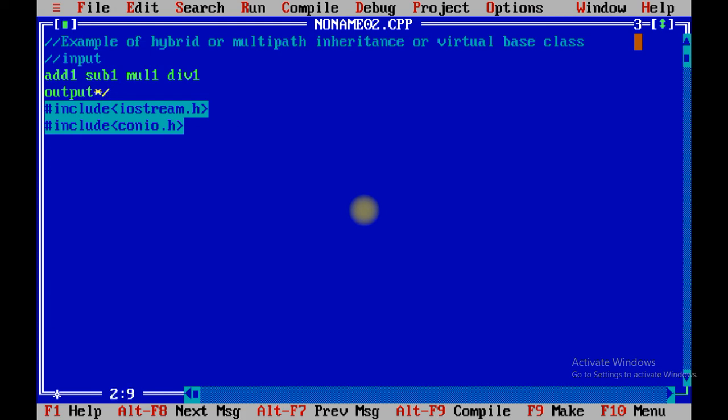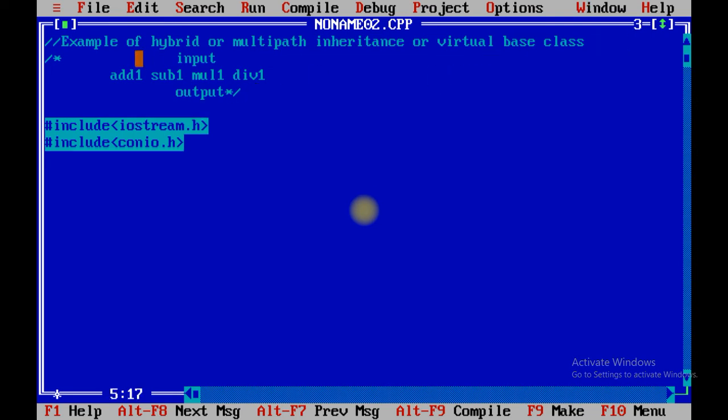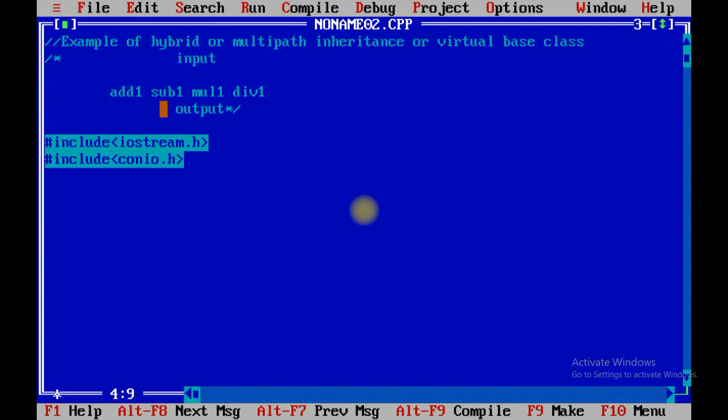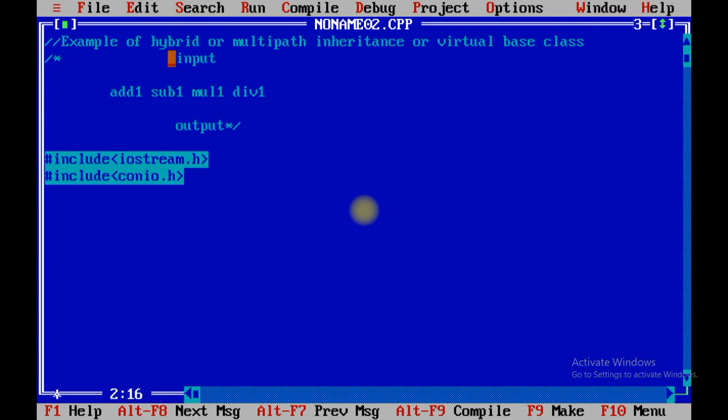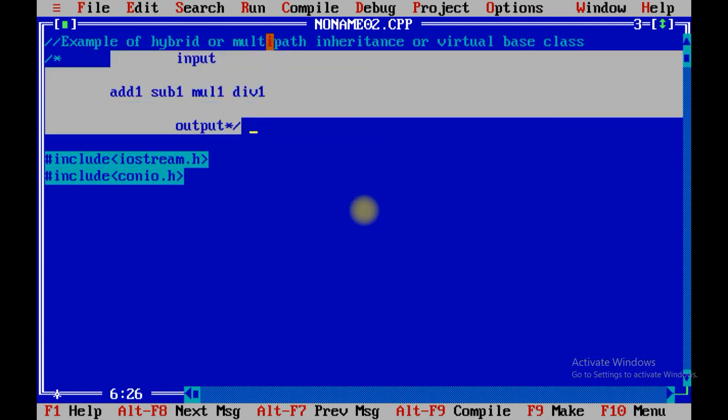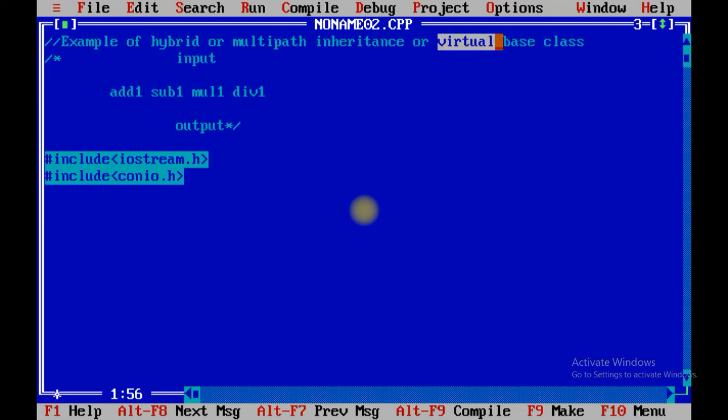So from the definition only you are able to understand what kind of facility the input class contains, what addition, subtraction and multiplication contain, and what type of data output contains. This way I want to perform hybrid inheritance, multipath inheritance, or use the concept of virtual base class.